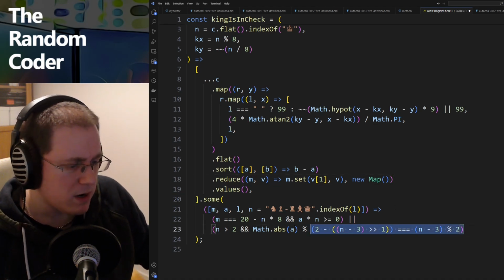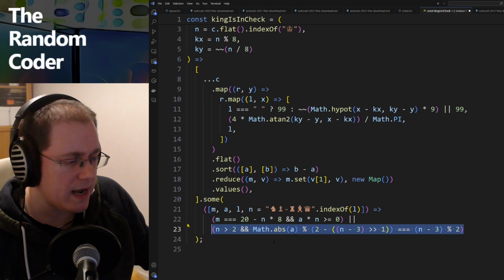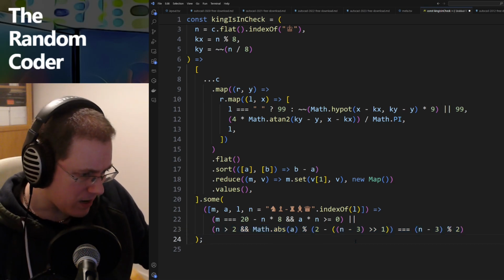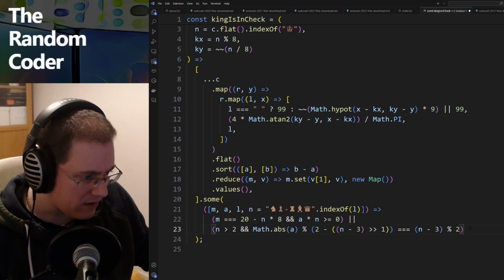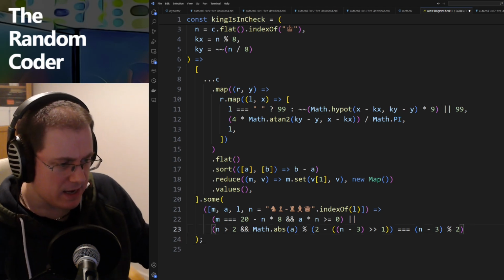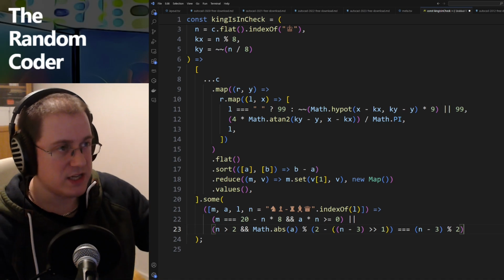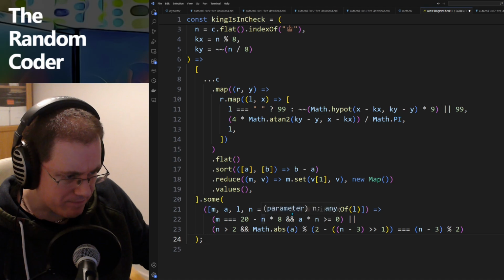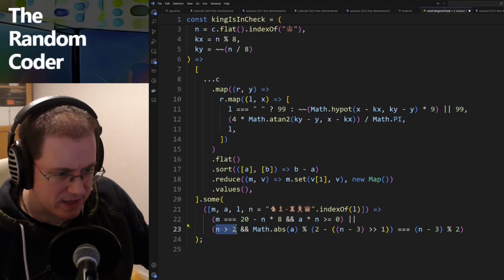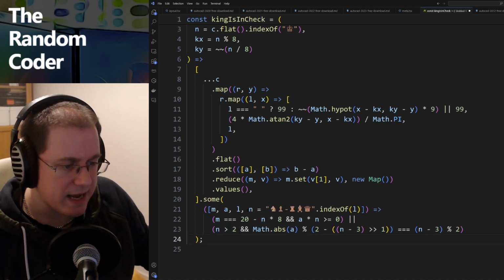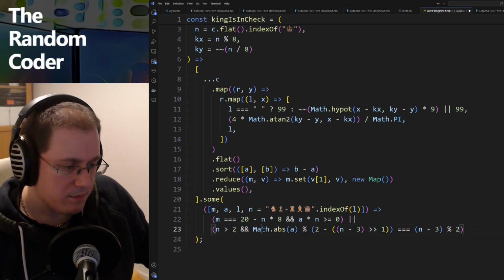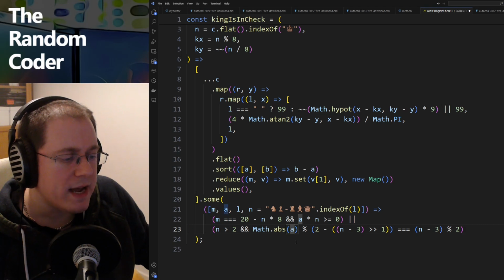Yeah, I somehow merged the bishop, rook, and queen together. I'm going to be honest and say I can't really remember how this works. But I went through a series of gradually making logical changes to it. N is greater than 2. Well, that's obvious. That N must be one of these pieces then. Math.abs of A, or A is an angle,